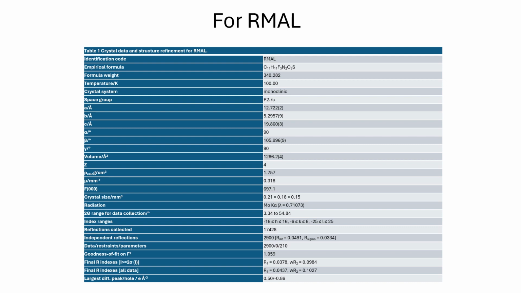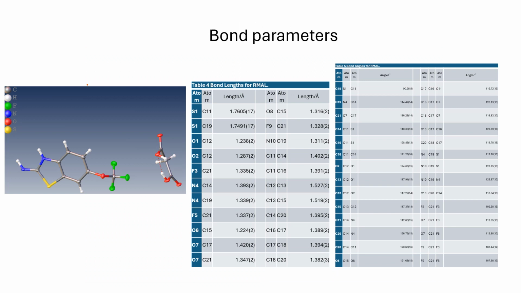Further, for the third molecule, it is the same. The empirical formula is this. Molecular weight is given. Crystal system is still monoclinic. The space group is P21/c. These are the lattice parameters, and each and everything is the same. The radiation is again the molybdenum one. It is 0.71 angstrom. Further, this is the structure of the molecule having a benzene ring connected to an OCF3 group,